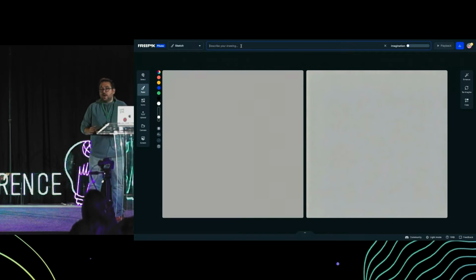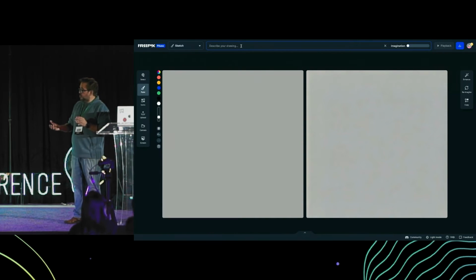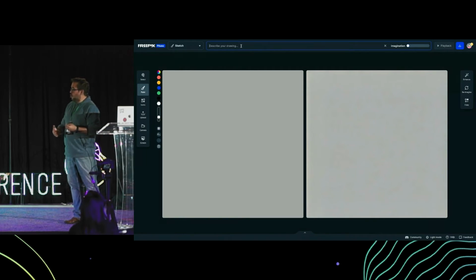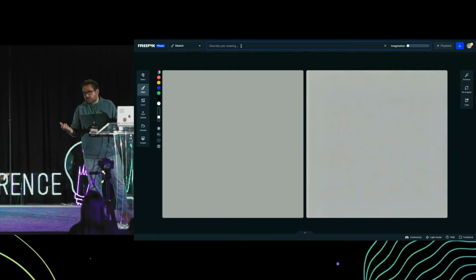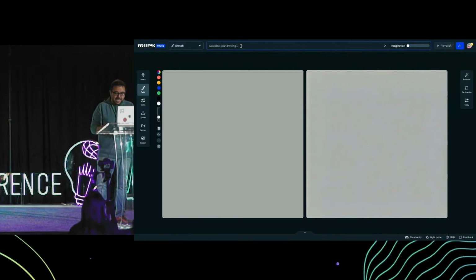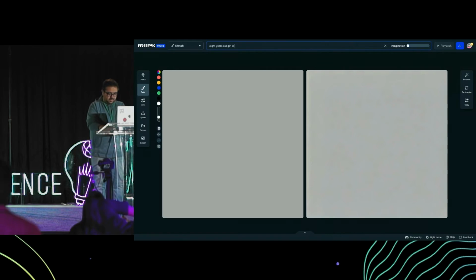This model has double input, so you can input a prompt, but you can also input a sketch to gain more control. I'm going to be creating an image that my 8 year old daughter asked me yesterday to create. She's now in this dark phase, so she likes cyberpunk style.